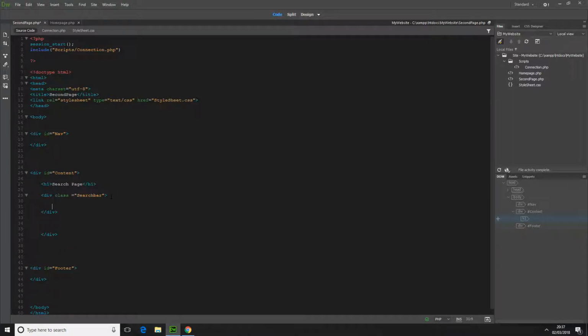So let's call it div class search bar. So again, this div is a class. So I've got ID here, and as you can see, it highlights automatically. This here, between there and there, that contains all the information in here. And then the div class will contain the information in here. Div class,